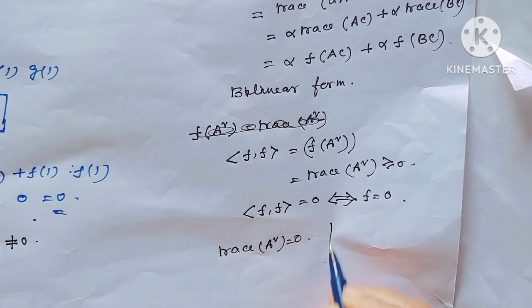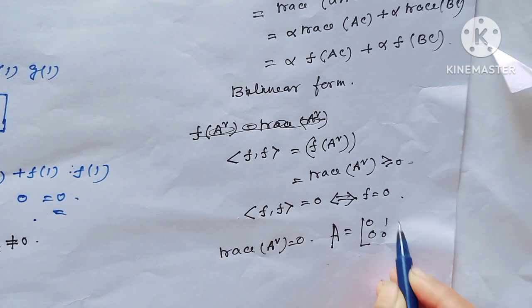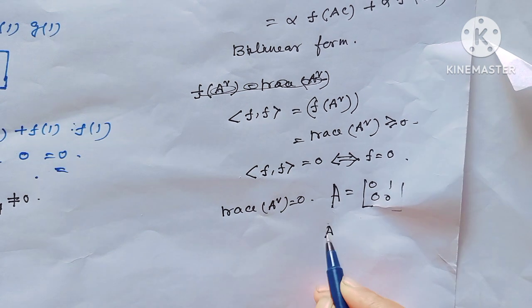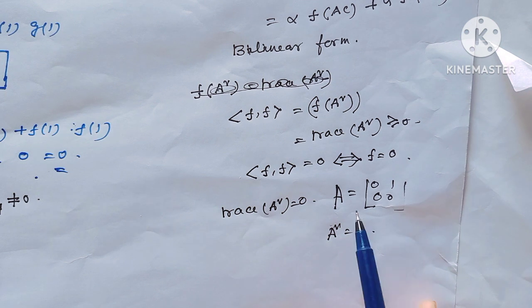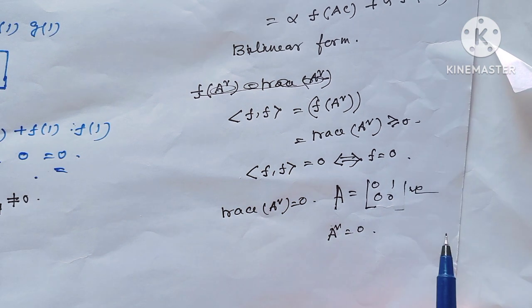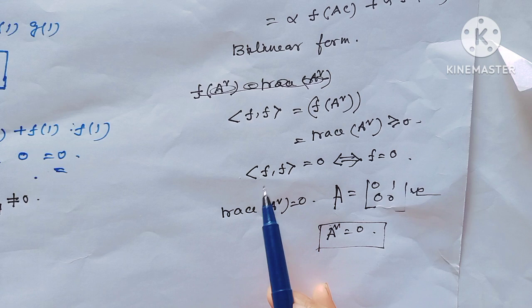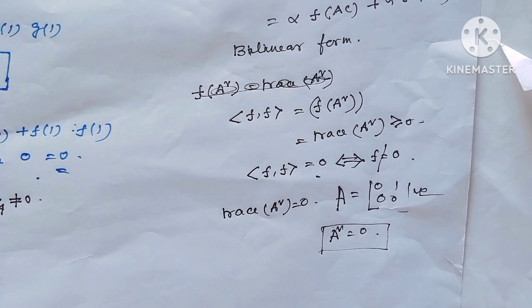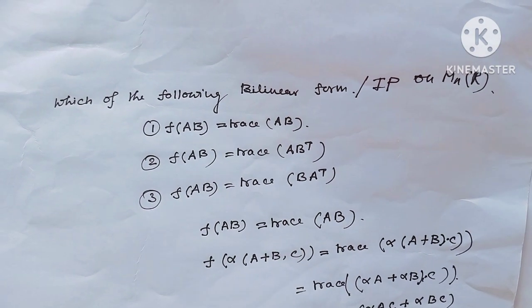For this, consider A equal to the matrix 0, 1, 0, 0. We all know this is the null matrix. So A square equal to 0, but notice here the A matrix is a non-zero matrix, but the square term is 0. That means the inner product of F with itself is equal to 0, but F is not equal to 0. So F of AB equal to trace of AB